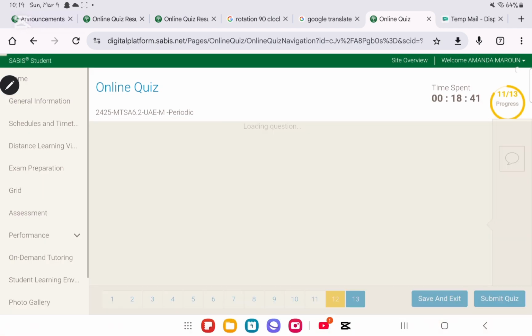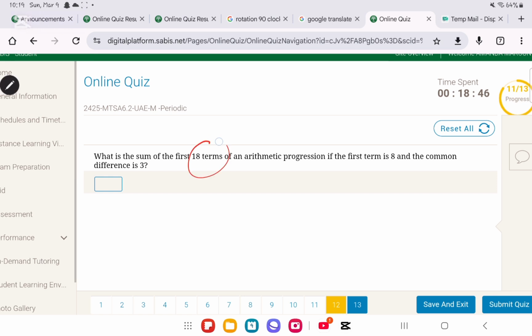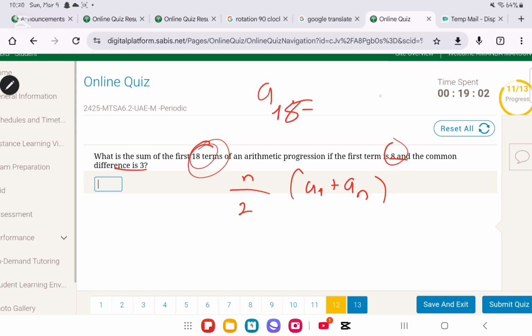We move on to question number 12. Question number 12, they said, what is the sum of the first 18 terms of an arithmetic progression if the first term is 8 and common difference is 3? We know that the sum is n over 2 times a1 plus an. Let us find an. An is a18. A18 is equal to a1, which is 8, plus n minus 1, so in this case, it's going to be 18 minus 1 times the common difference 3. So 8 plus 18 minus 1 times 3, you will get an answer of